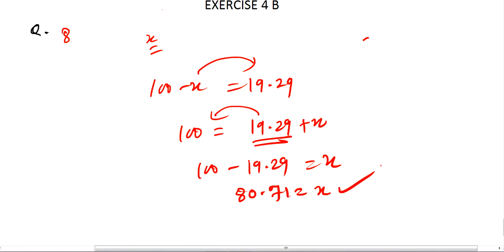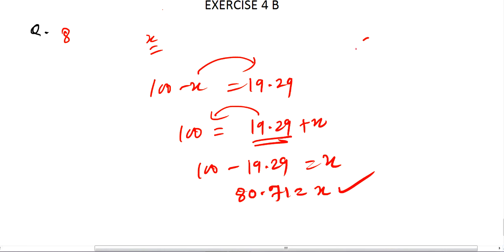Then 10th one is easy, you can solve. Simplification is there, only you have to remove brackets, and as per that sign will change and you can solve. 11th is, what is the excess of 75 over 48.29? Subtract it, you will get answer. Then 12 is, a and b is given to you, you have to find a minus b and b minus a. Easily you can do. 13 is also same.